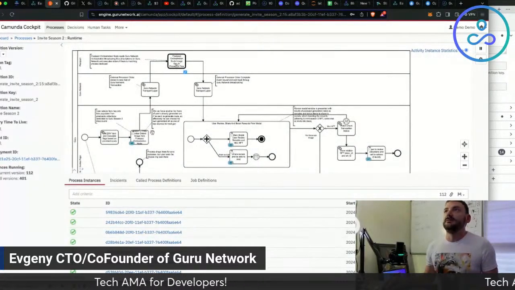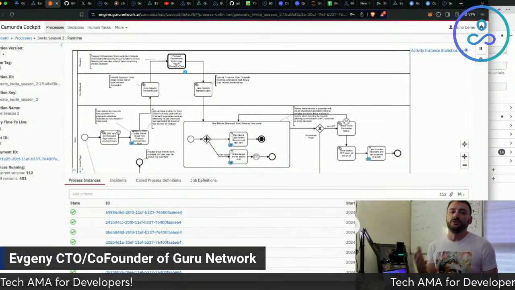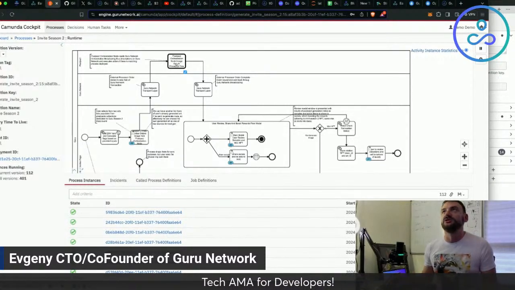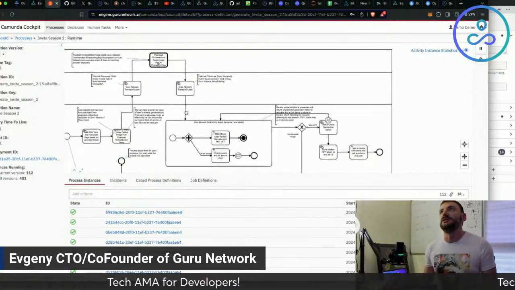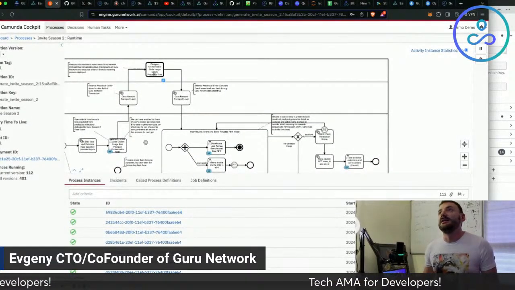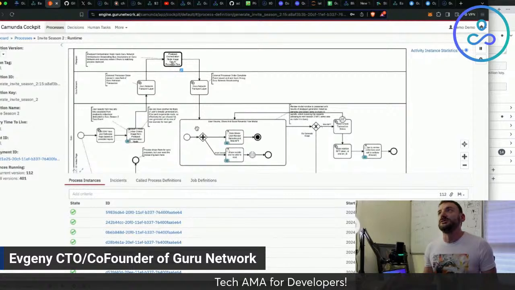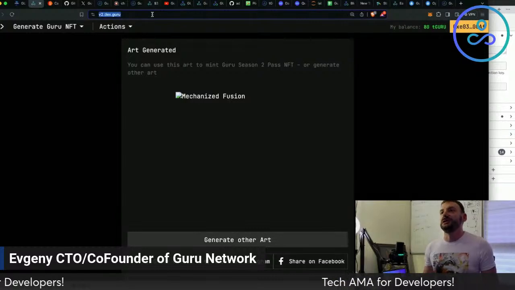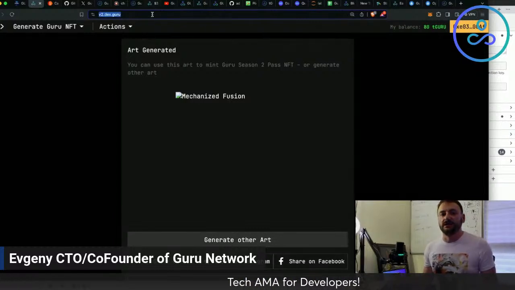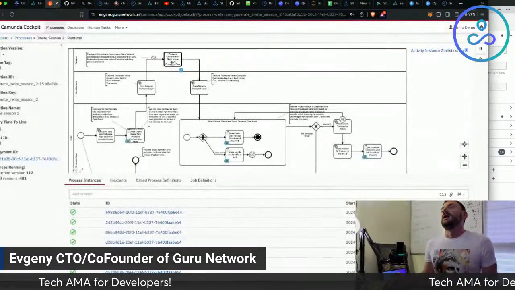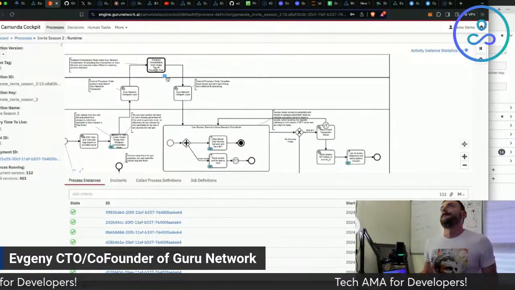And this diagram runs on an orchestration node, which is hooked up to your front end, to Telegram bots, and we would publish the information on how to create Telegram bots using this technology a little bit later. And then the front end completely works with this diagram. If you're changing something in the front end, basically it changes the process, and the front end as well. So that's how it works.